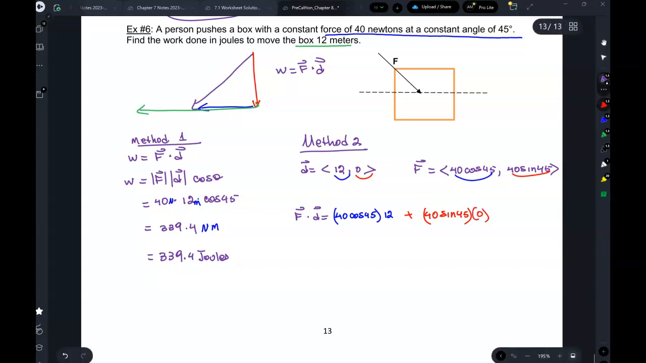Okay? So what happens here? That goes away. So look, you end up with the same thing. 40 times 12 cosine 45. Right? So you see how it's the same exact thing. So whatever, 339.4 joules. Okay? So that's a little bit of physics for you in the math. All right, so